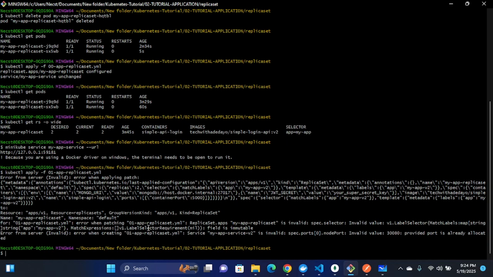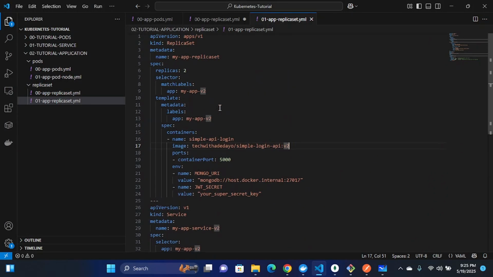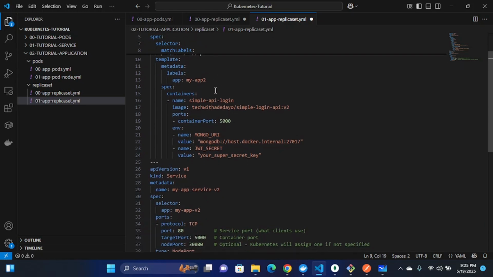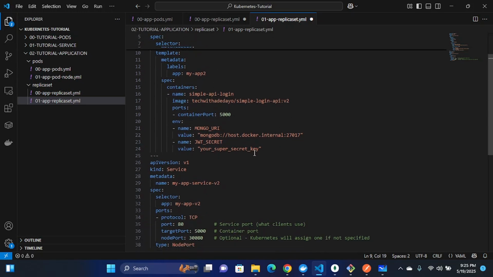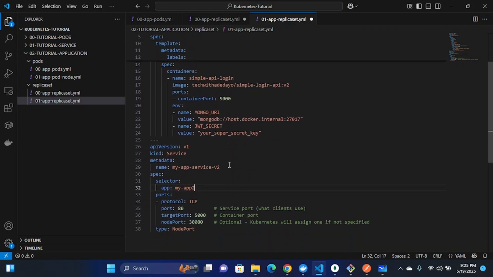Replicaset error when matching is invalid, invalid v1 label selector. I have v2 match labels. Okay, let's just do 2. We're going to do 2 right here, and this is version 2, and I'm going to say 2, and I have my app service v2,